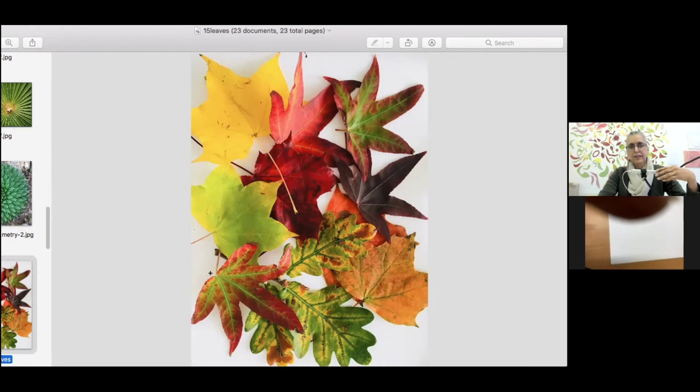Again, you can see the way they branch out. So there's just so much richness in nature when you start looking at the marks within nature, let alone color.